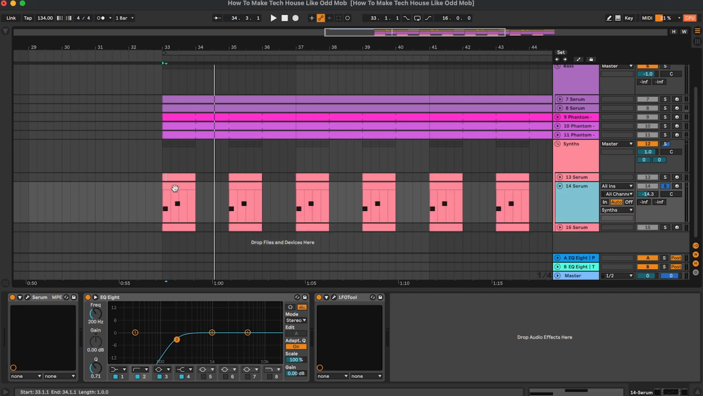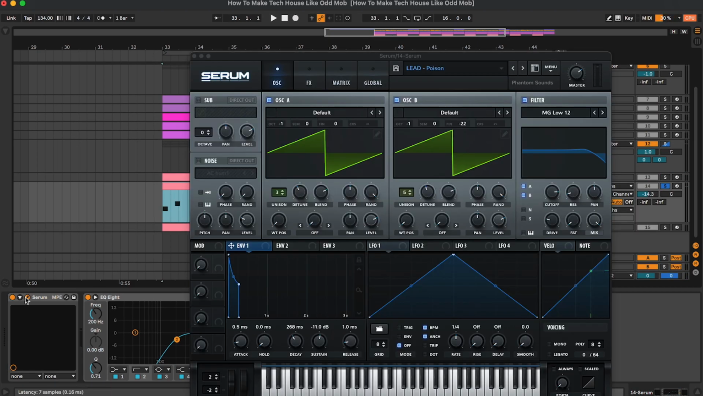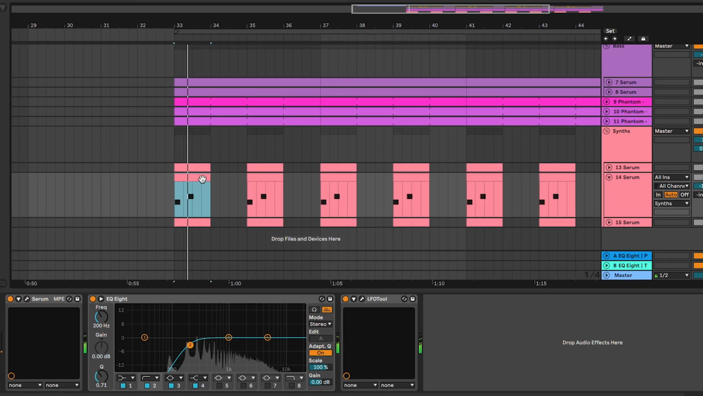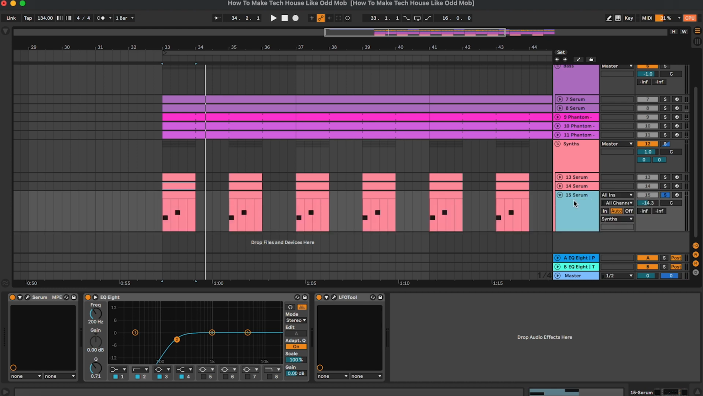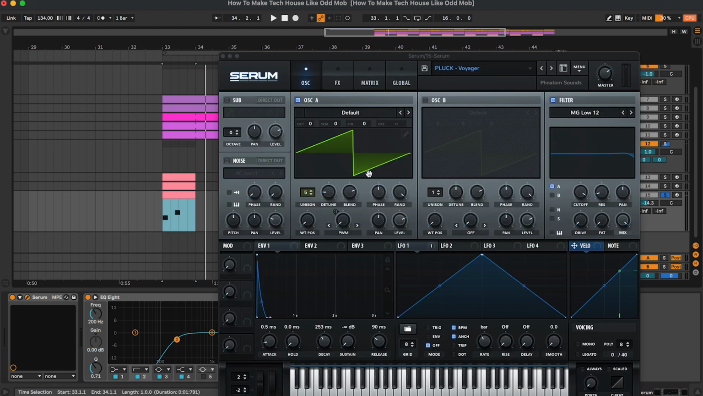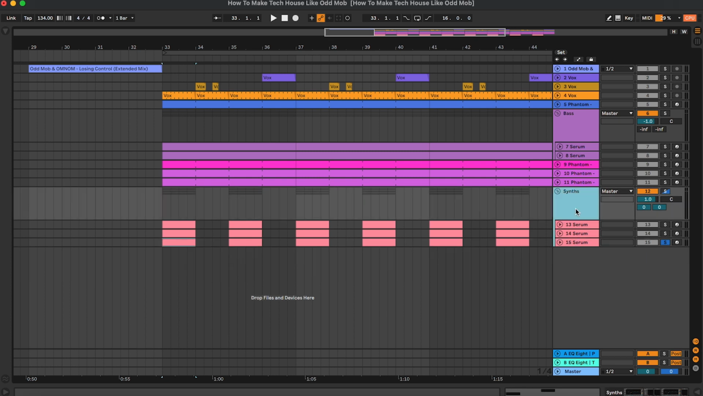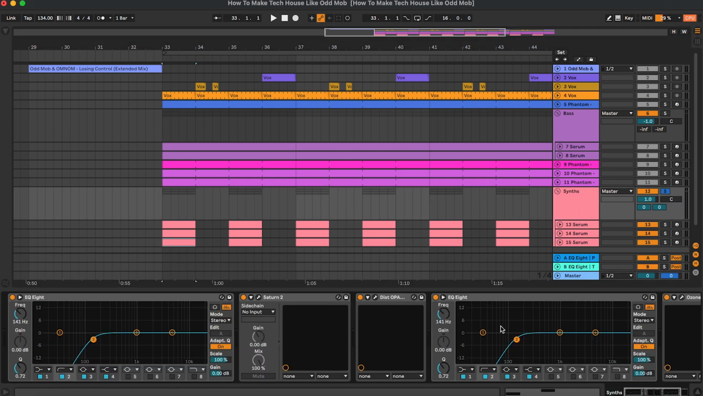Then we have this second layer, same processing as before. The preset is Poison from Dystopia as well. Really simple. And then we have a final one, which is a Plaque from Dystopia. This one is 2 octaves lower than the rest of the synths, but the main processing happens here on the group,